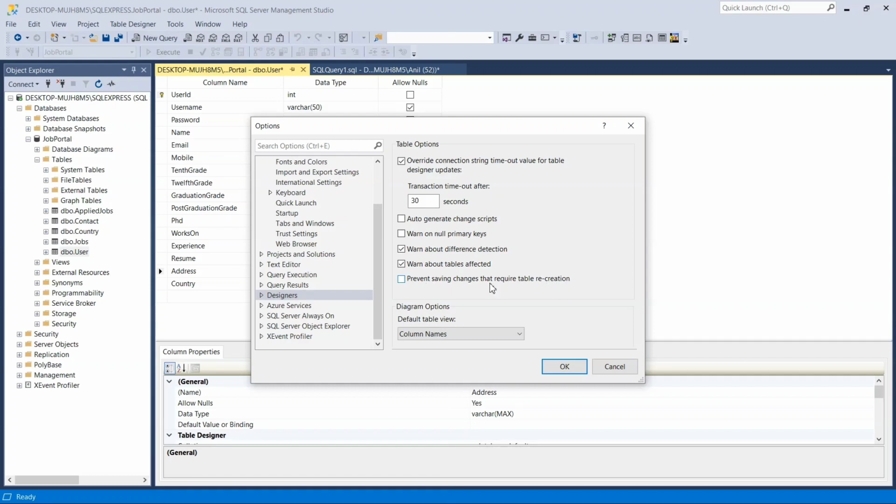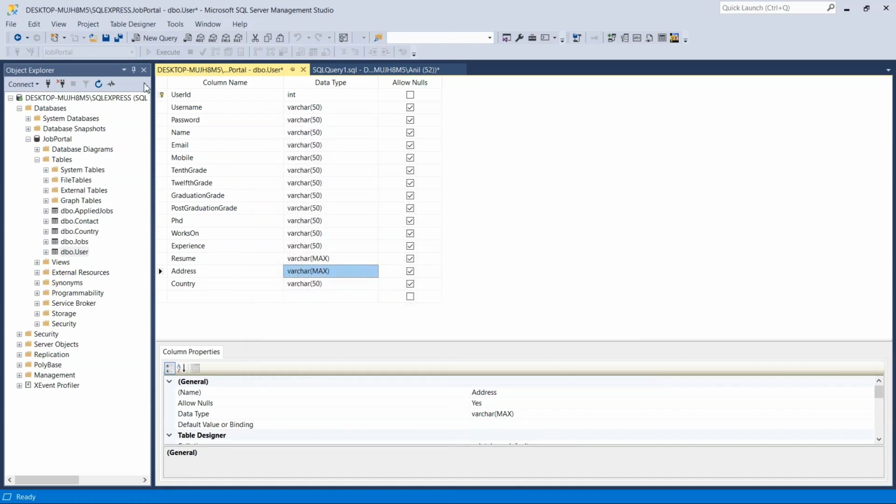It didn't allow us to recreate or update the table. Now it will allow us to update it. Save. Now it's updated.